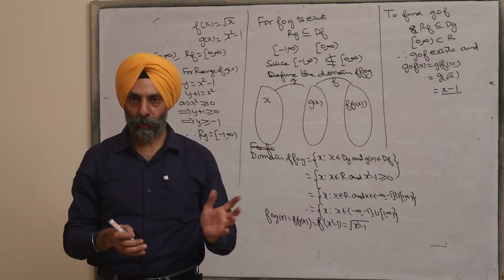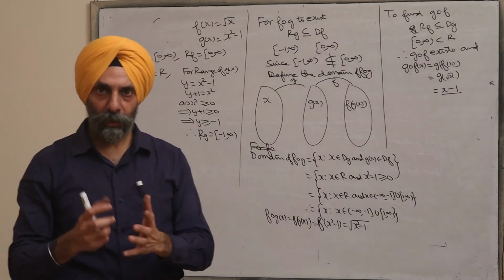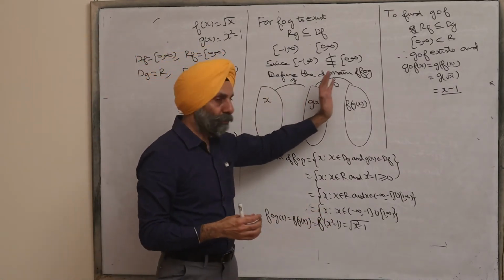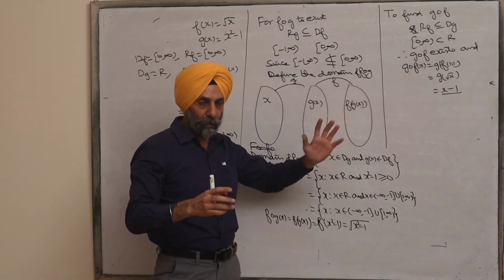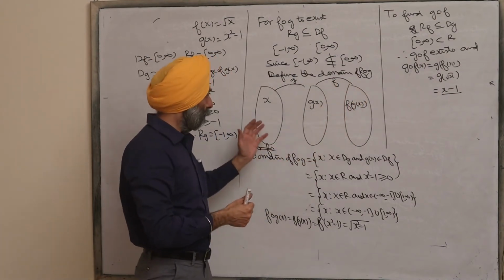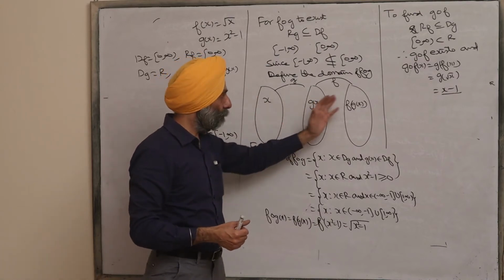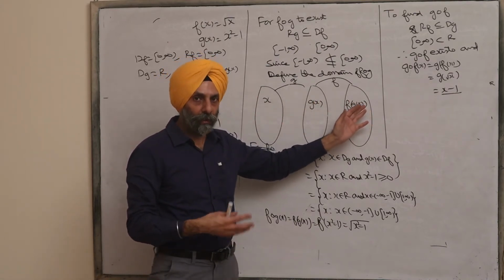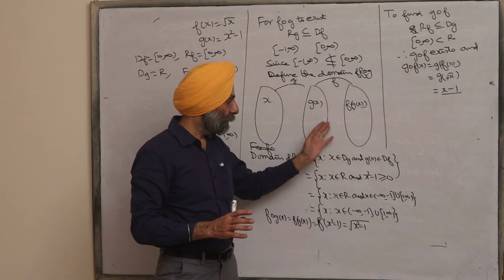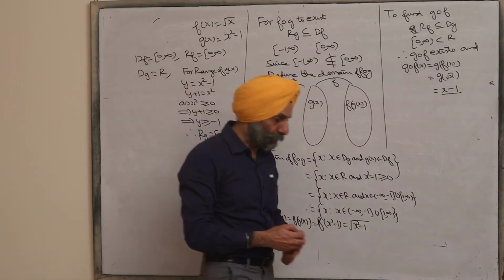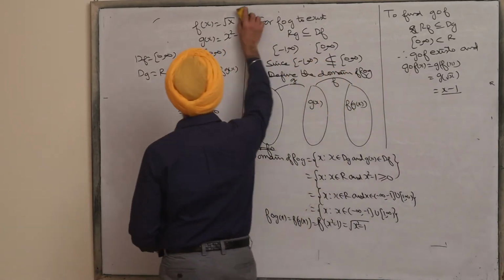So this is all about composite functions. It's very easy. Through the Venn diagram, it's very easy to understand. At least in the beginning, for each and every question, try to form the Venn diagram. Then you will be able to understand each and every problem related to this. Now next is